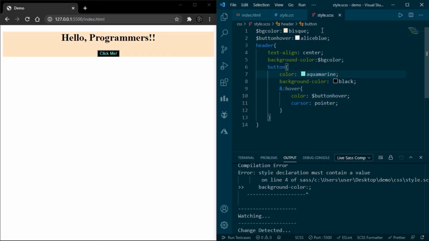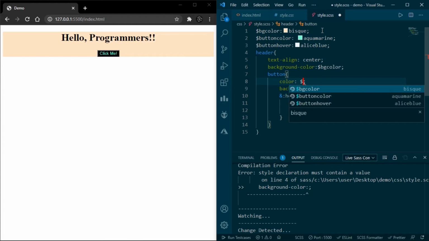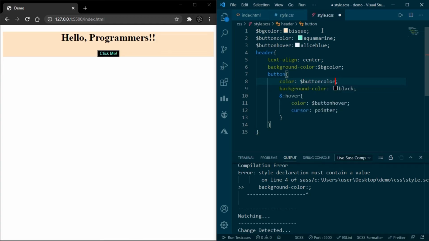Similarly for this, I will simply cut this, I will come here, and write button color. I will assign that color, I will save. I will assign that variable here, button color, and all things are working fine and great.